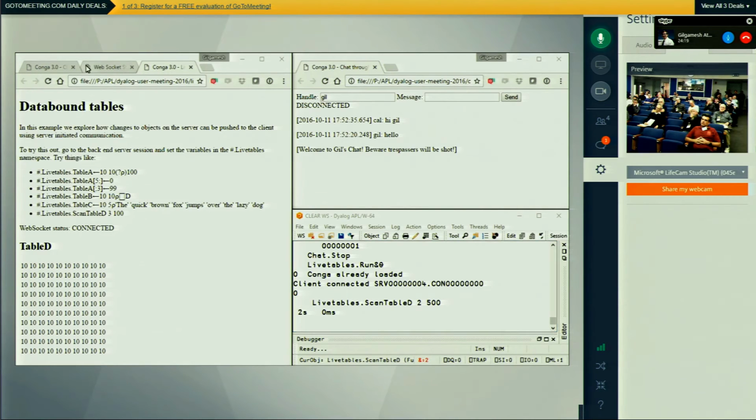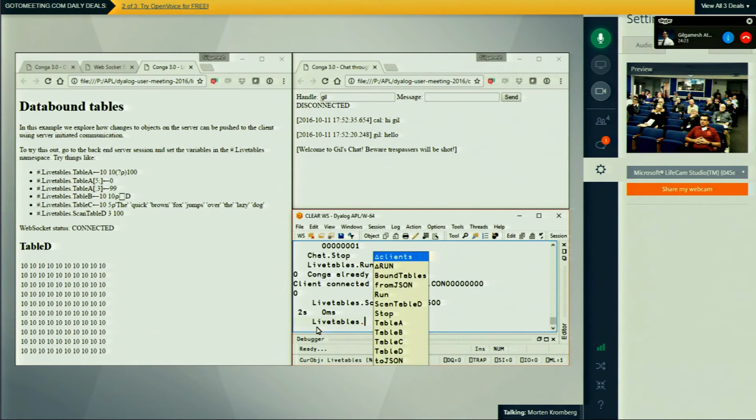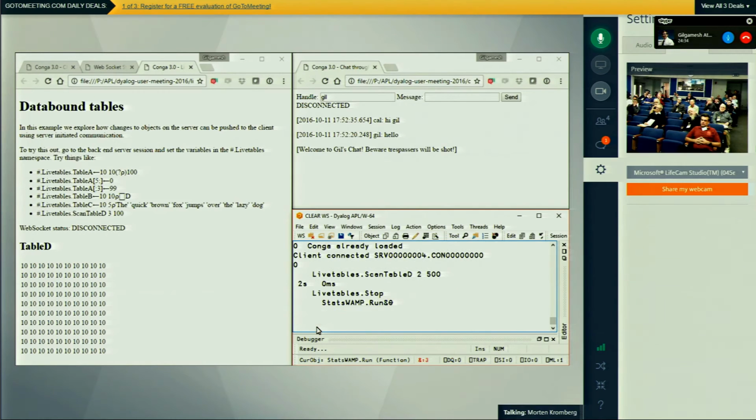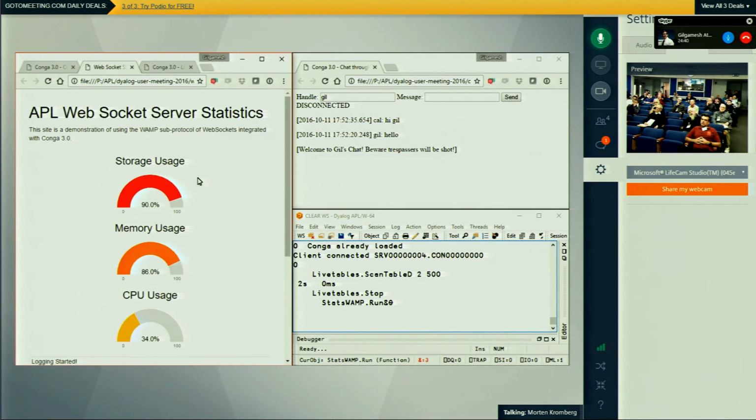And I will just demonstrate what that looks like by stopping this one and starting our stats WAMP server. If you use the WAMP protocol, all the endpoints become clients. So I'll update this and we can see that the stats update every second.